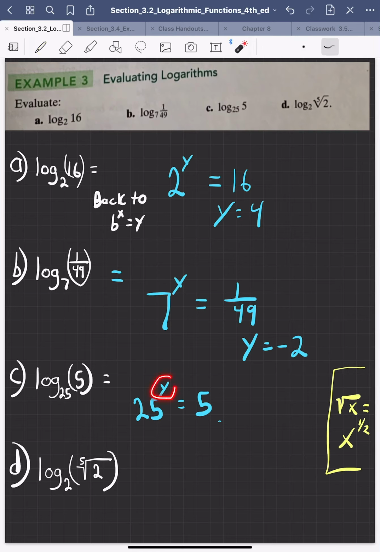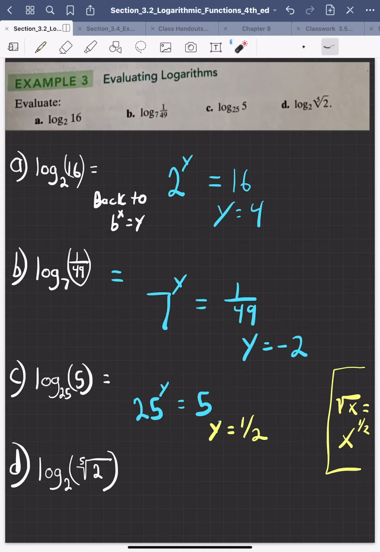So y is equal to what? Did I write that correctly? Sorry. Make sure I'm writing that correctly. So y must be equal to 1/2. 25 to the power of 1/2 is 5. Okay, last one,